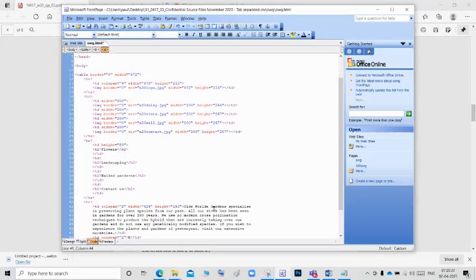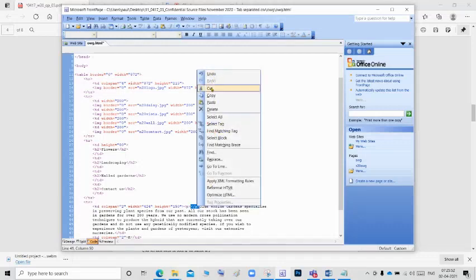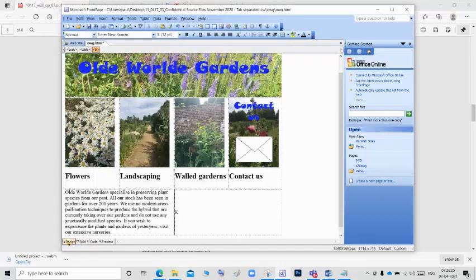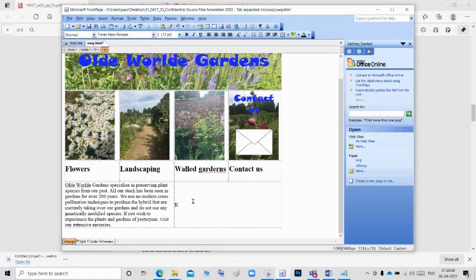I am going for the p tag. The p tag is for the paragraph. If you give p, automatically the closing tag will also be there. So cut the closing tag and paste it here after this. Now go and check in the design. It will come like this.